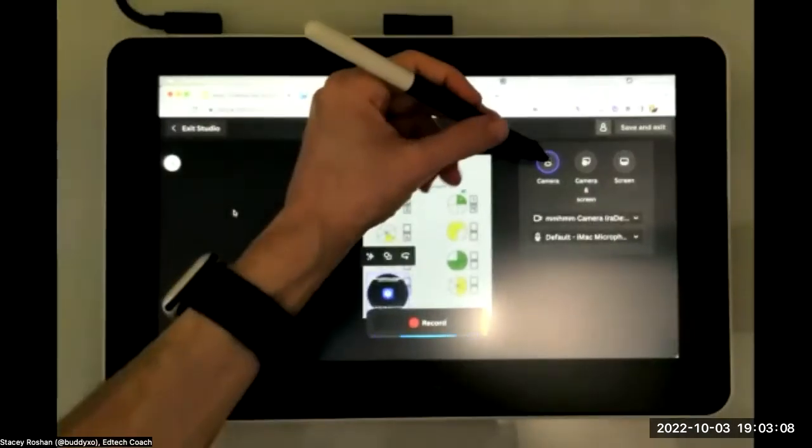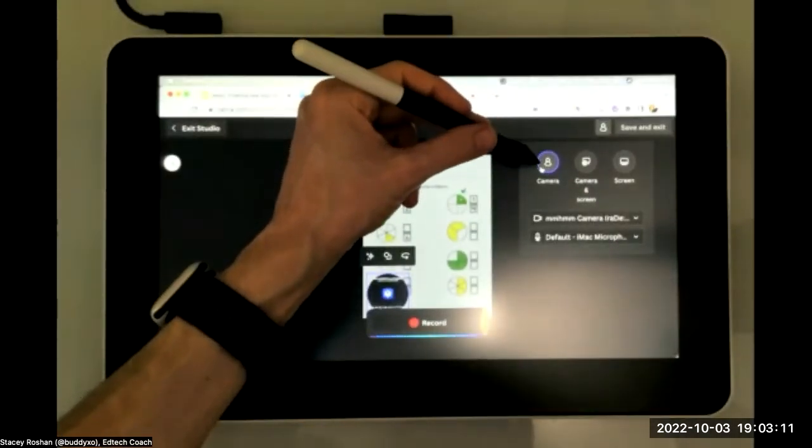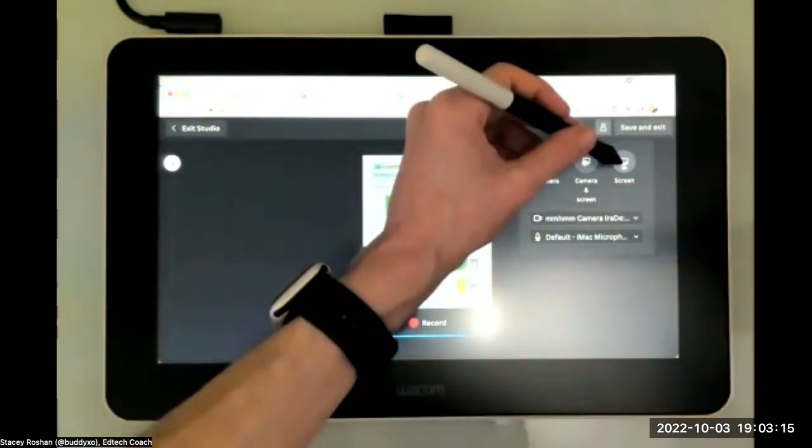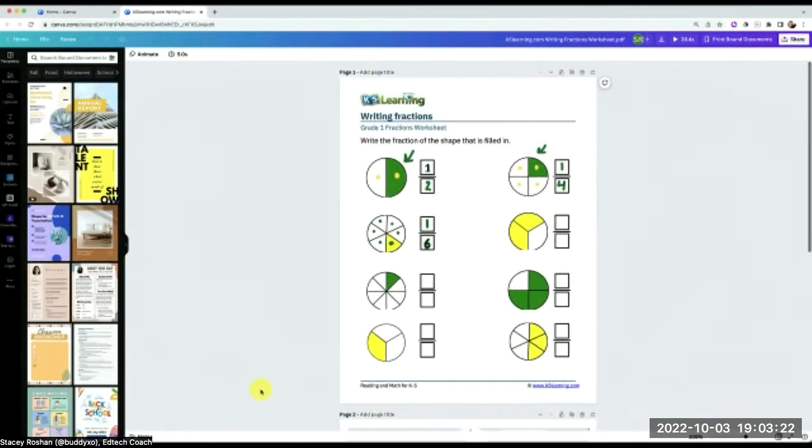And then you can choose if you want to capture your camera, and that would be just your camera. You can choose your camera and your screen, or you can just record your screen. In this example, I'm going to just record my screen. Hi, so obviously a quick edit here. I realized I didn't explain something well enough, so I want to zoom in and explain this before we move